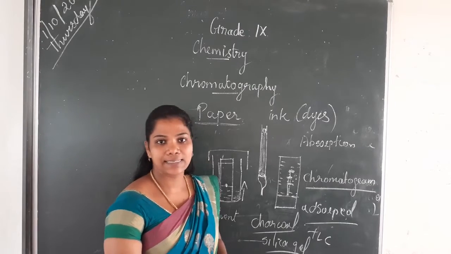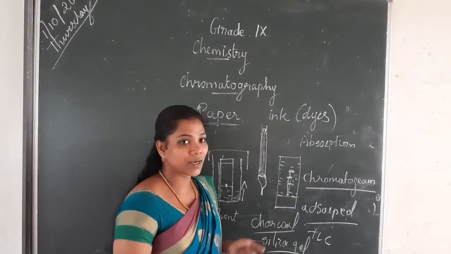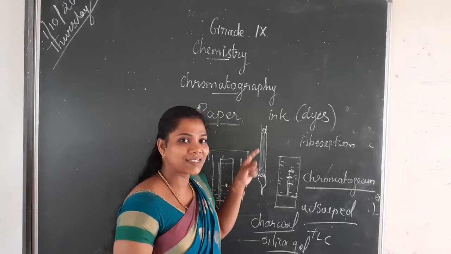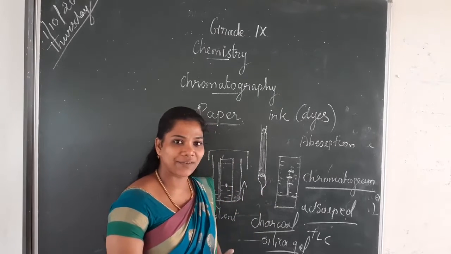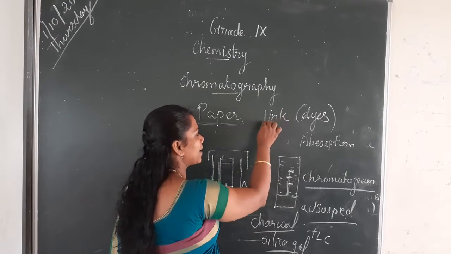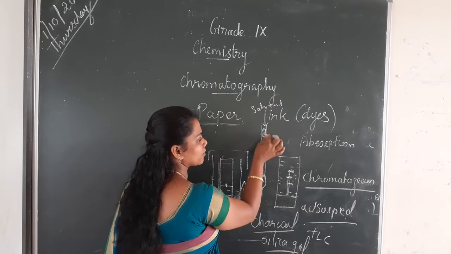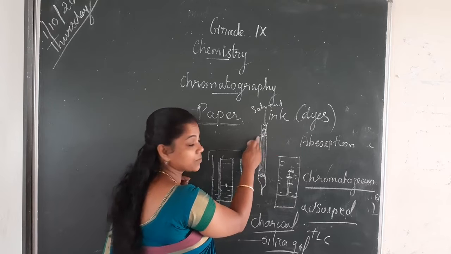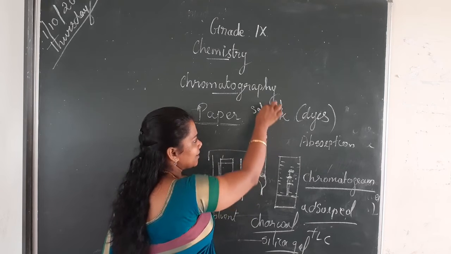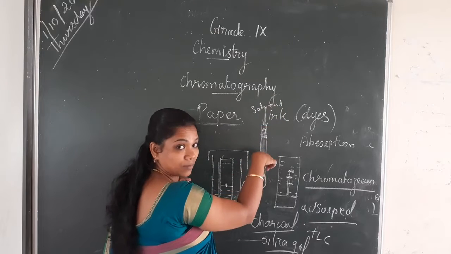Chlorophyll A, B, C is there. Carotenoids are there. So these colored components can be separated by using the chromatography technique. When we add solvent, a suitable solvent should be added. The sample should be loaded here. For example, for plant pigments, we have to load the plant pigments here, and slowly we have to pour